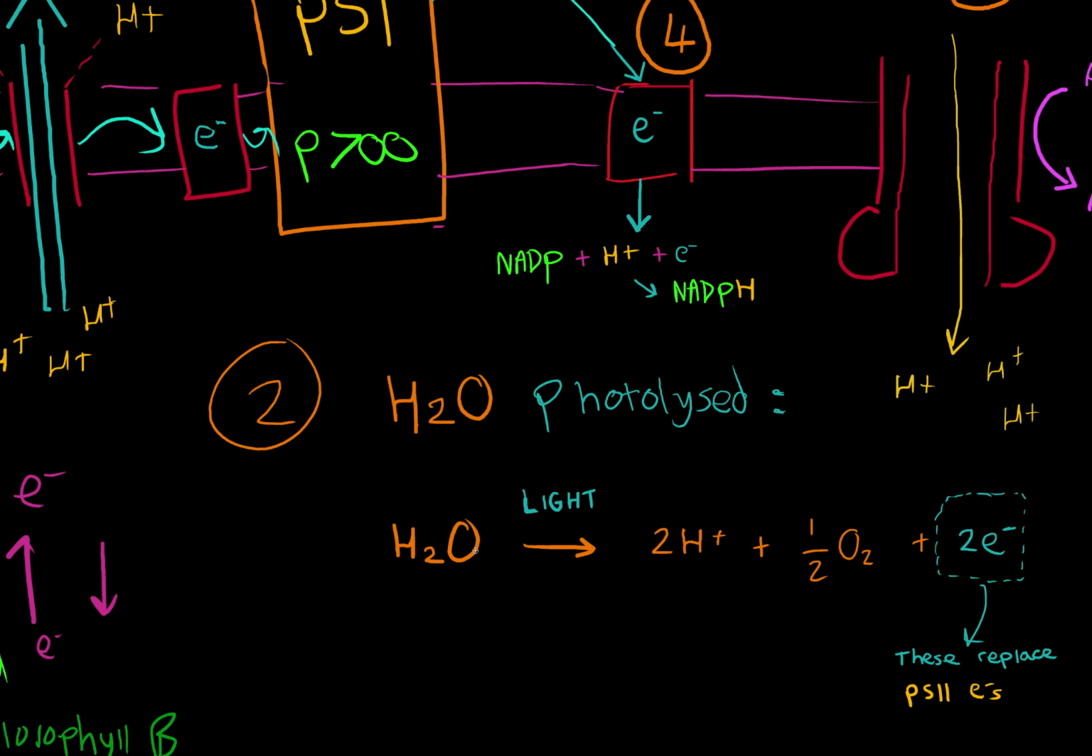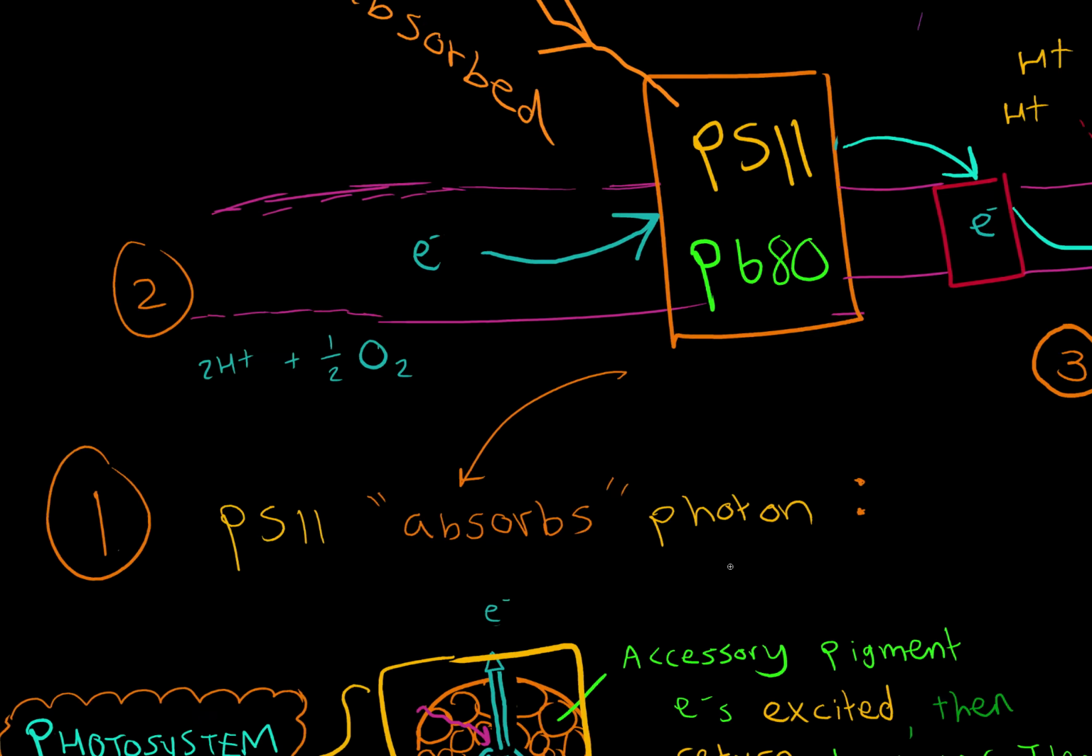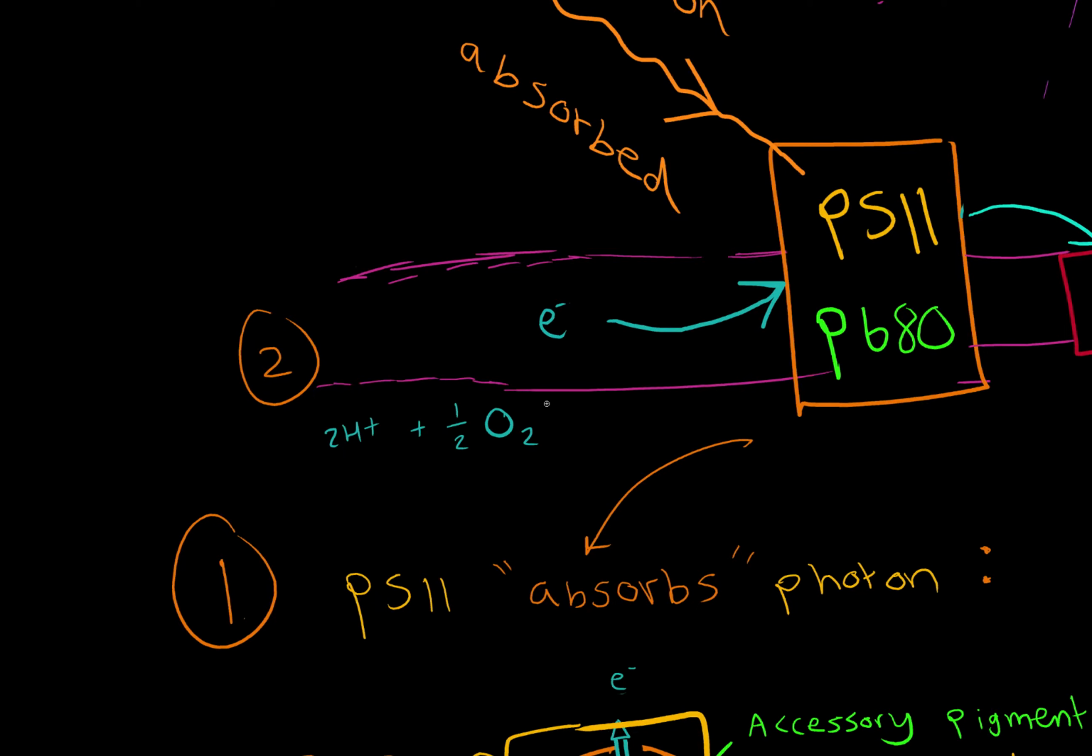And so water absorbs light and it splits into 2H+, half O2 and 2 electrons. Okay, the electrons that are released from this reaction, this electron pair, replace the PS2 electrons. Okay, so if we go back up here, the electrons here that are released replace the PS2 electrons, okay, and